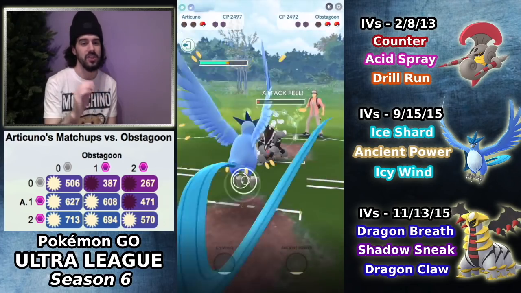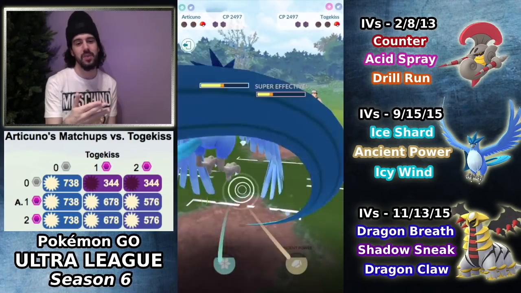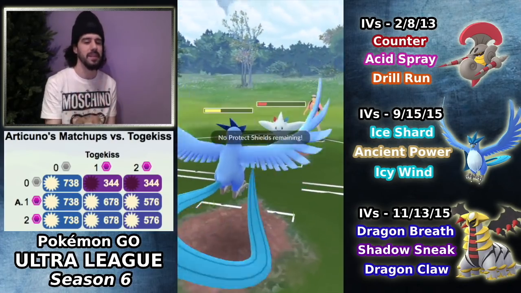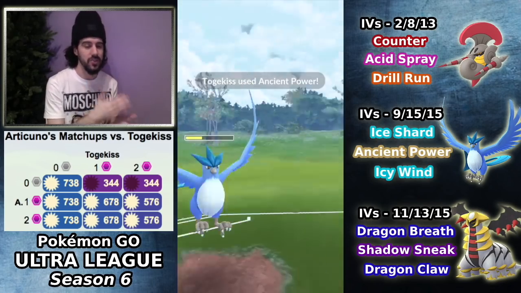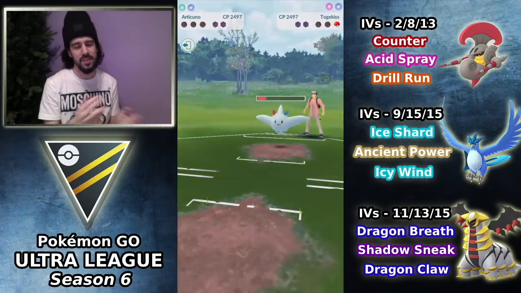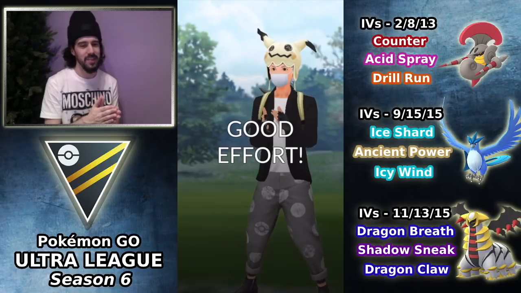I should have undercharged a little bit so that I could get enough energy to get a lead on this Togekiss, because look at what I did to myself now with the CMP tie. So a huge mistake there, as you see, by me not undercharging that Icy Wind. I wasn't understanding the situation. I was probably a little bit frustrated over the double boost, but you know, that brings me